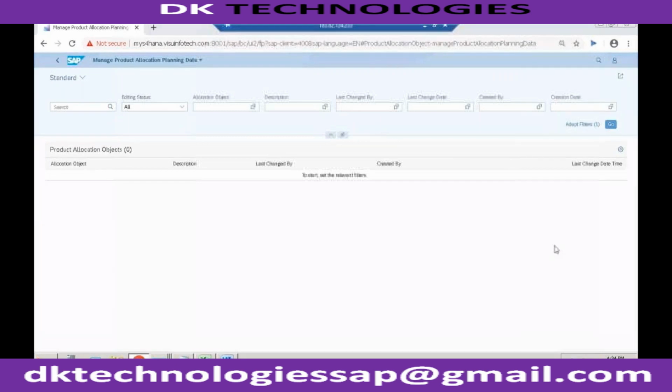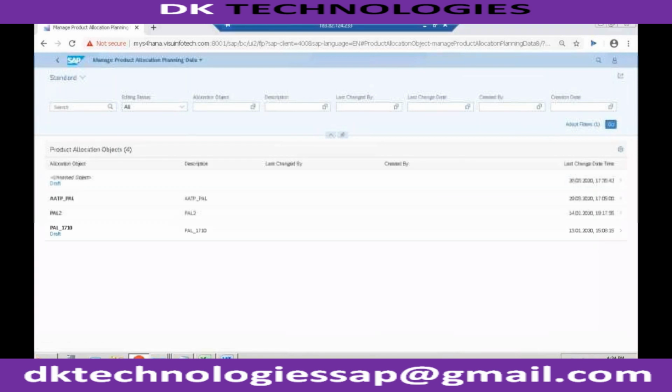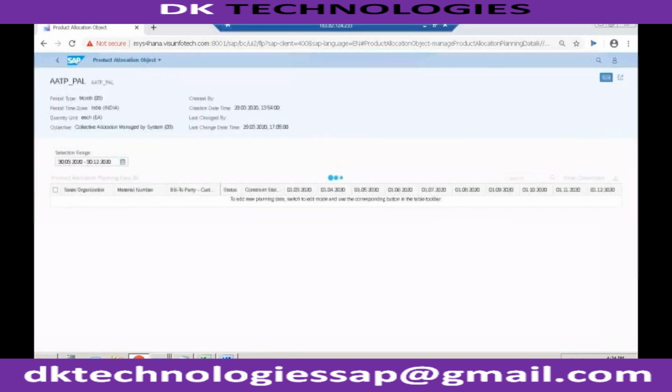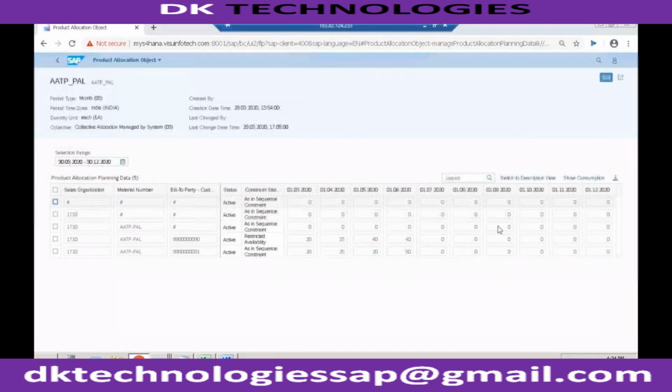Okay, so once you come here, there are different product allocation objects. Just click on Go. I'll show you how to create a product allocation object also, but let me first show you what I already created. So AATP_PAL is a product allocation object that I created, and in this one I entered the planning data. Okay, which means I already told the system